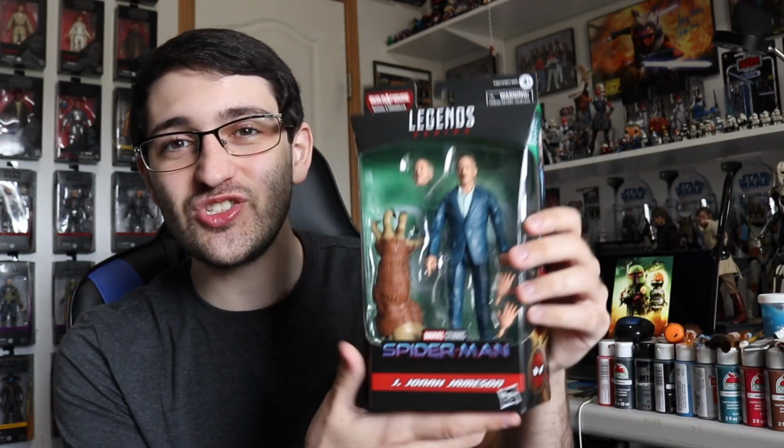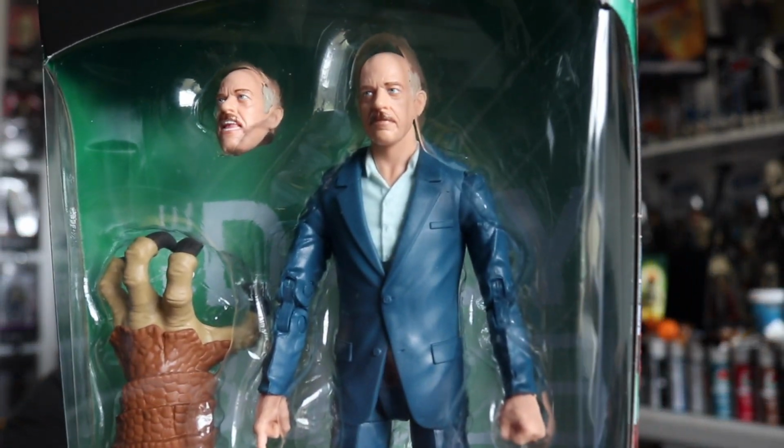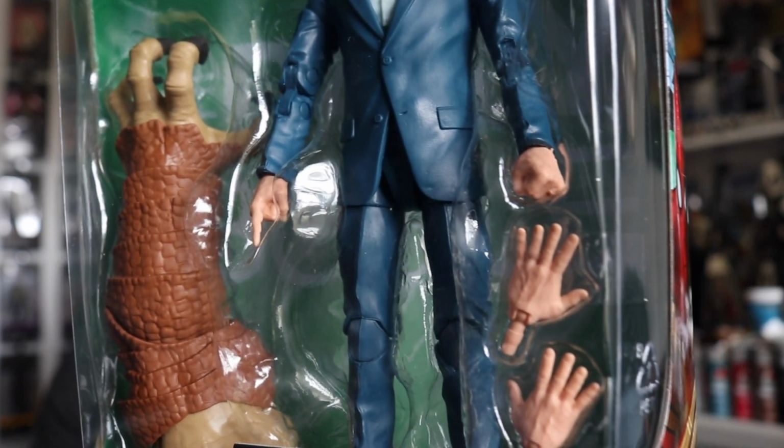We've got J. Jonah Jameson, check it out. We got J.K. Simmons, 6-inch scale, a really great guy. Comes with a couple head sculpts to perfectly capture his personality, and he even has some alternative hands so you can get maximum anger out of this dude and his Daily Bugle streams. So yeah, really cool J.K. Simmons figure, kind of weird. I just watched the series with him recently. What was it called? Counterpart. Yeah, so anyway,